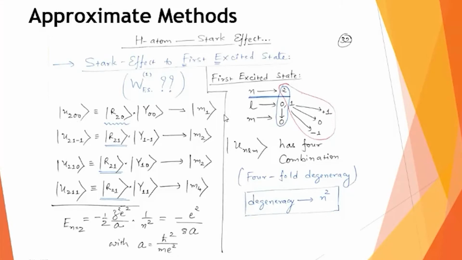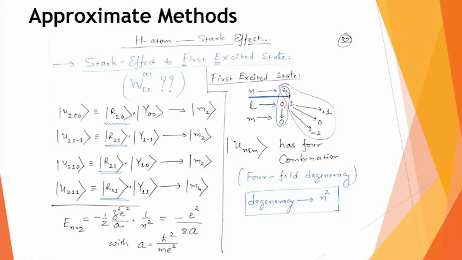So my first choice, which I write here in the blue part, is U200, which I can write as a product of the radial part R and the spherical harmonic, the theta phi dependent part Y. But just to write it in short, I write it as U1. So this 1 indicates it is the composite or common quantum number representing n equals 2, L equals 0, and M equals 0. So this 1 here is written for all these three values. But just to make the notation smaller, I write this U200 as U1.